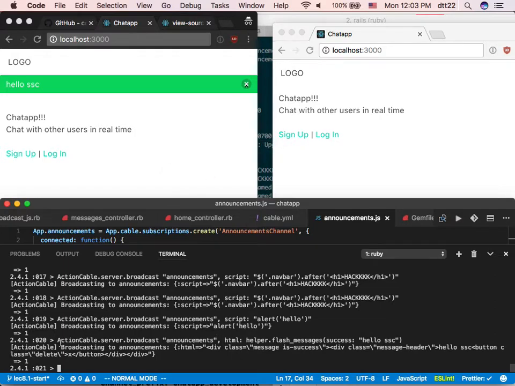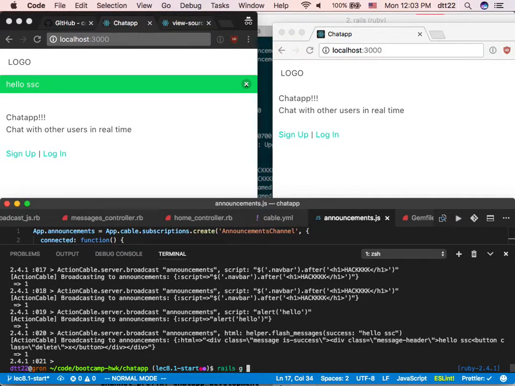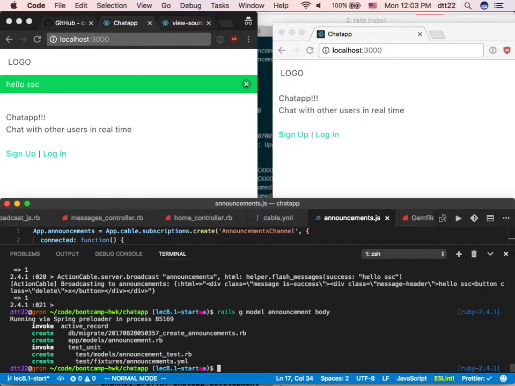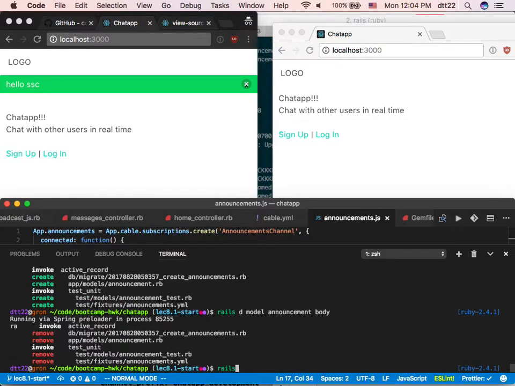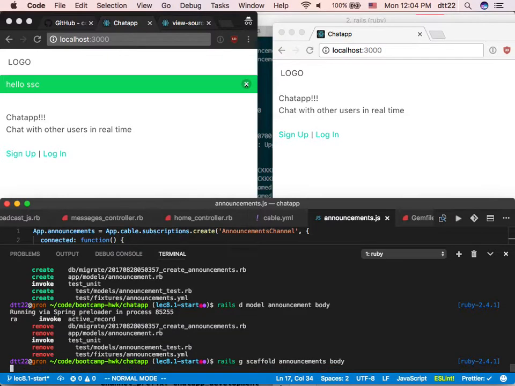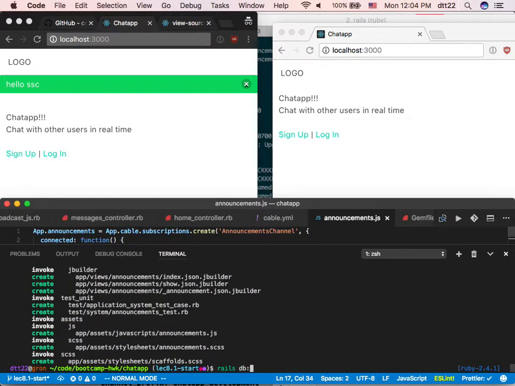And now that we know this statement, you don't call it like this, guys. You create something like this. Rails generate model announcement. What do you put in there? Maybe just the announcement body, right? And then Rails generate, maybe I just go really lazy, Rails generate scaffold announcement body. It's string, right? You can make it text if you like. Now, if I have this already, and I db migrate,